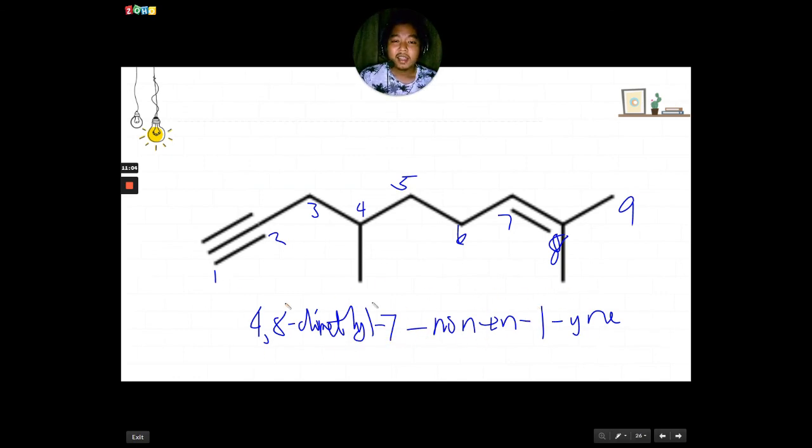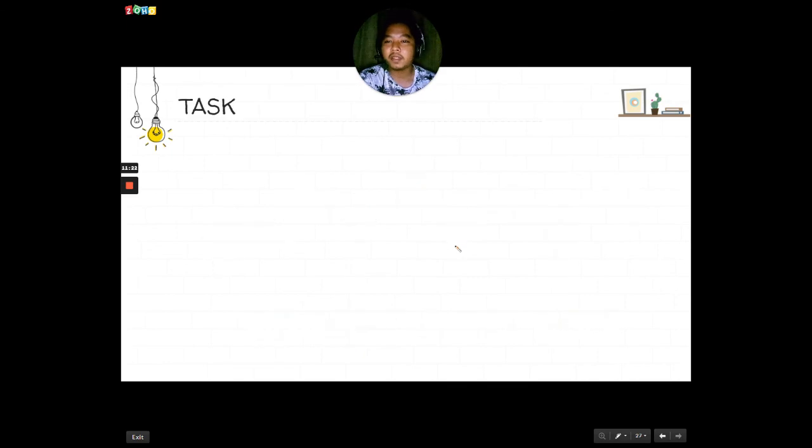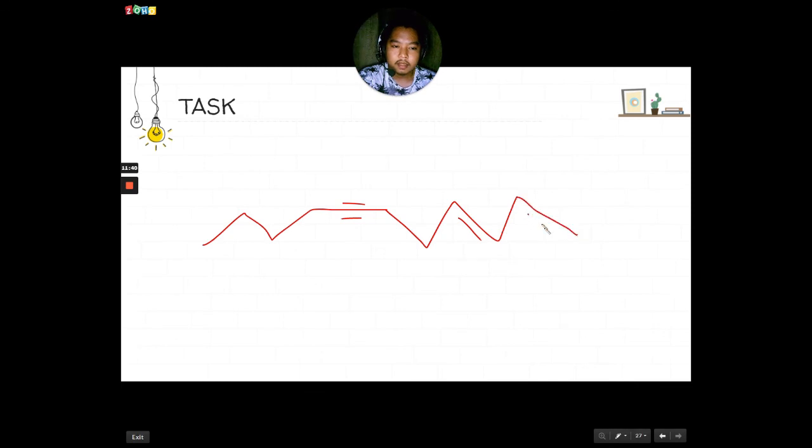Seemingly difficult, seemingly complex, but understanding the rules in naming alkanes and alkenes and alkynes, no, you'll get to master it. And without even realizing it, no, you can already be one or at par with the members of the IUPAC, no, in naming hydrocarbons. So for your tasks, no, let me create a special structure for you. Sige. Try naming this particular complex